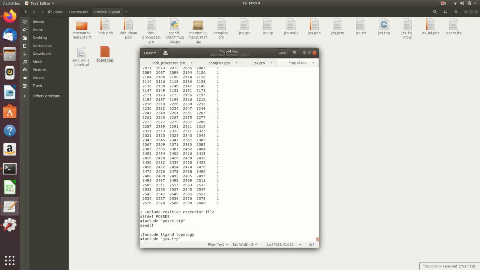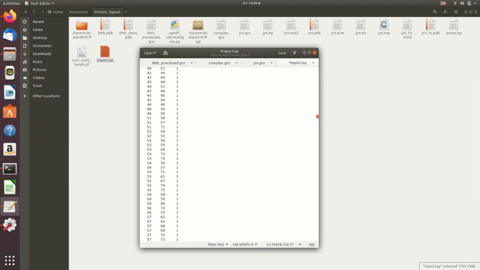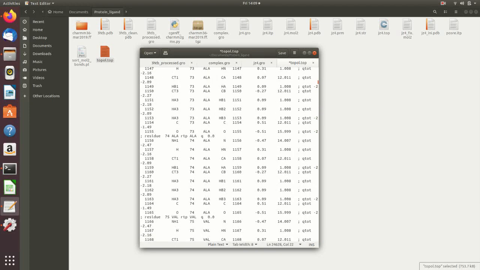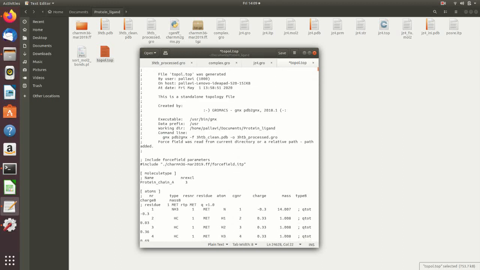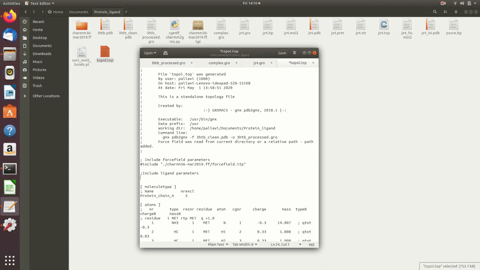We'll also have to include the parameters, so you can just scroll up, and below the line of include force field parameters, we can just add include ligand parameters, then type #include jz4.prm and then save this file.